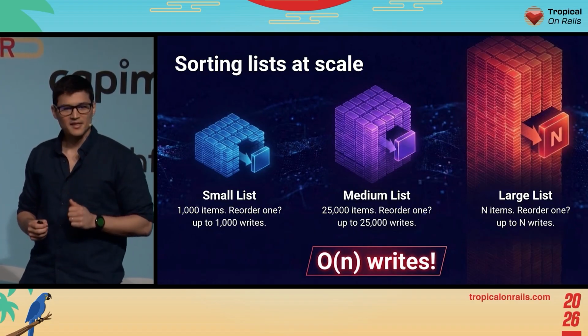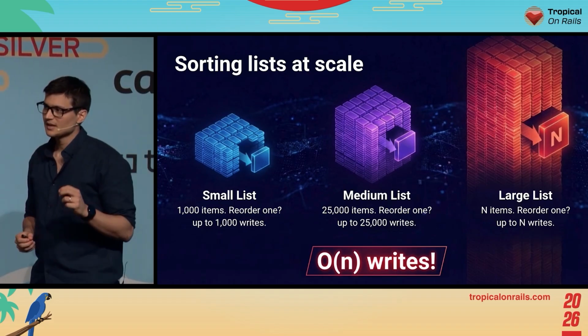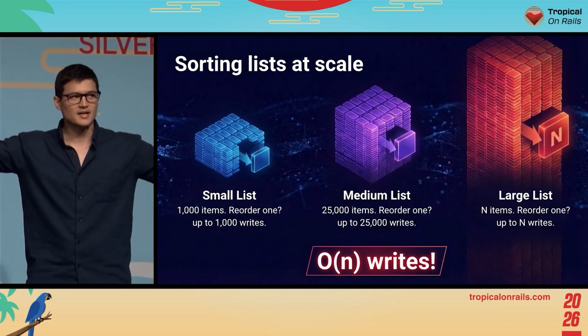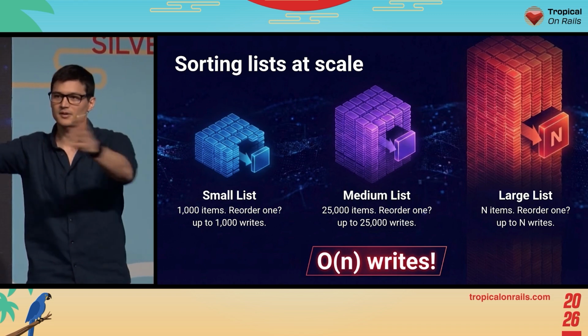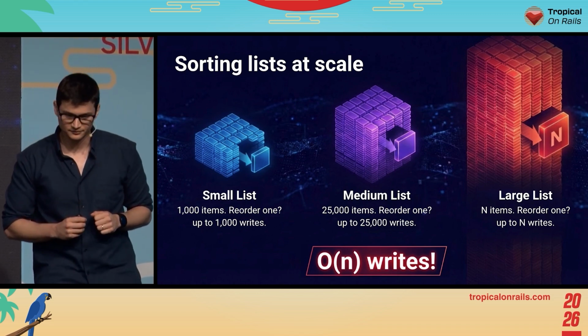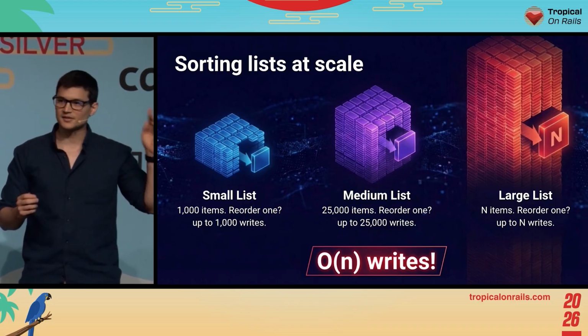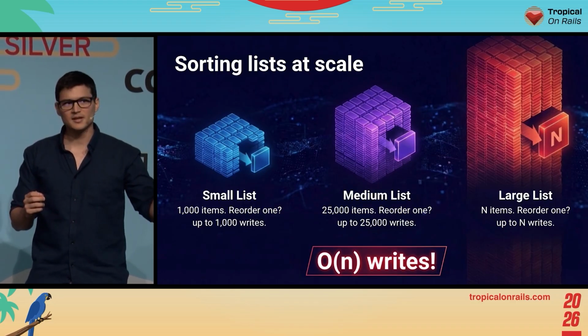Let's do some napkin math together. For this, I'm going to use the worst case scenario. Remember, I have a list of books. I insert at the beginning. I need to relabel all the books to the end. If I have a list of 1,000 items and I insert at the beginning, I'm going to be doing 1,000